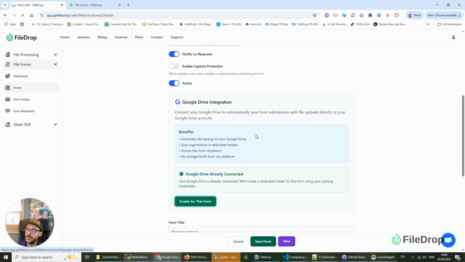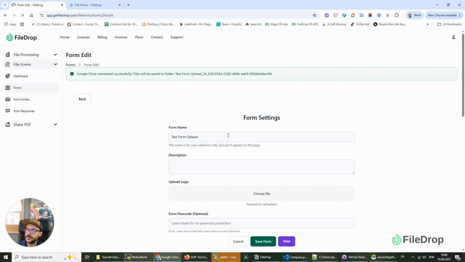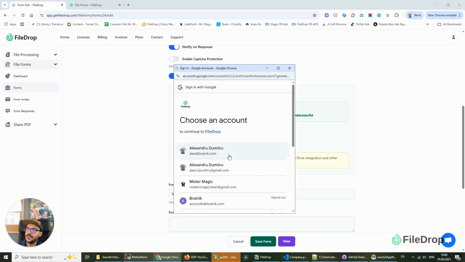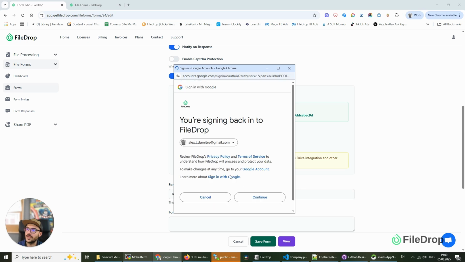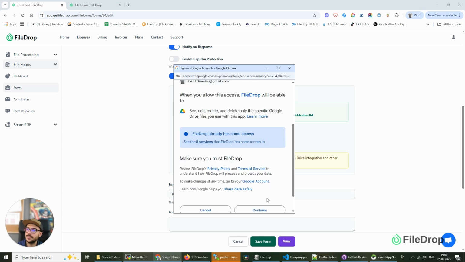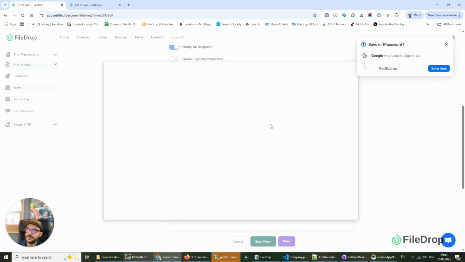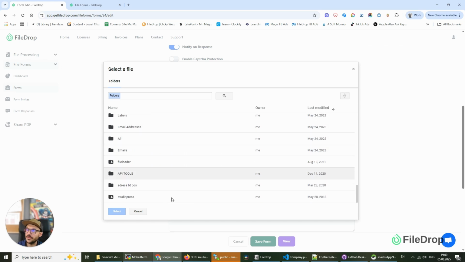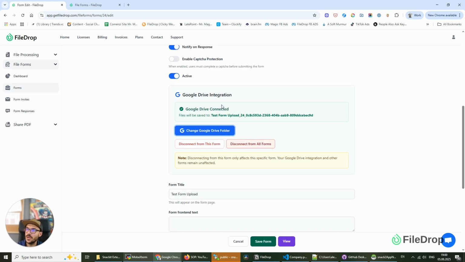Enable for this form. And the app just created a new folder, and if I want to change it, I can do that right here. And if I want, I can select any folder here, but for now we're gonna leave it to this one here. Gonna click save again,